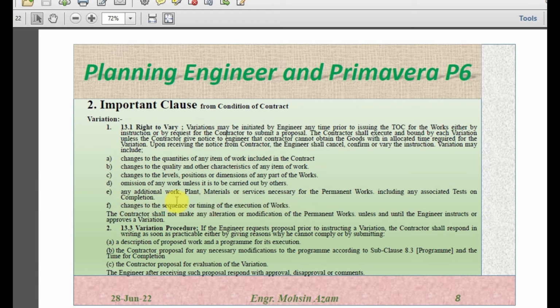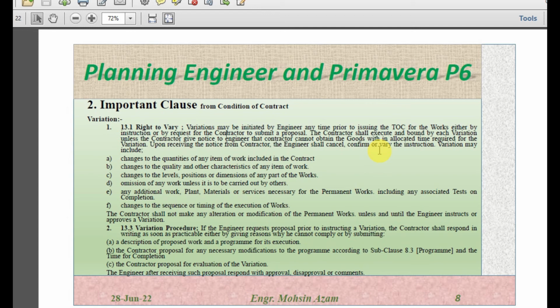If there is any change in the time and execution of the work, the contractor shall not make any alteration or modification of the permanent work unless and until the engineer instructs or approves a variation. So once the engineer gives notice for the variation, the contractor should give the confirmation or notice regarding whether he will proceed with the work or if he has any obligation, like if there is any shortage of